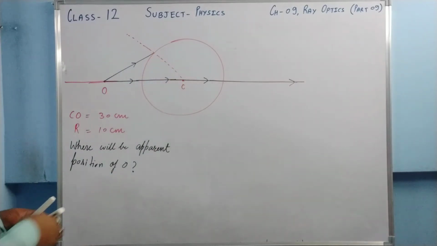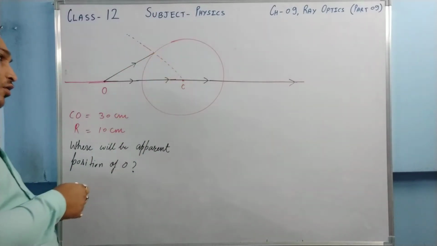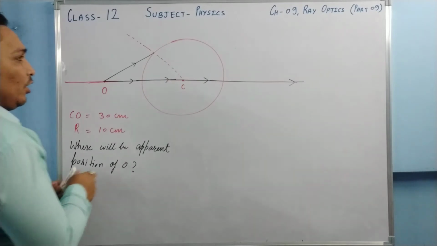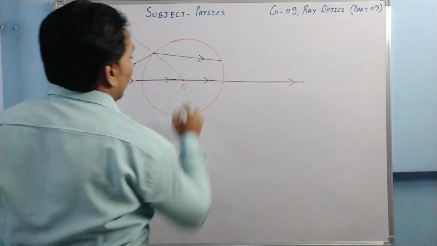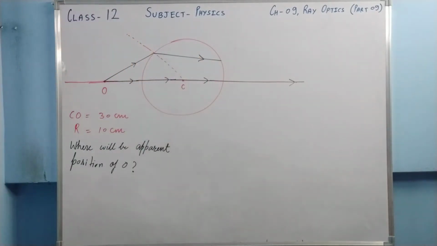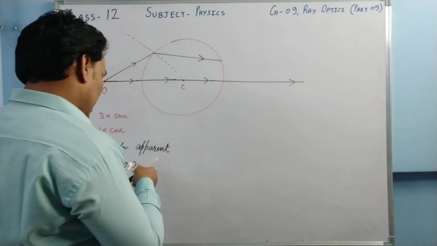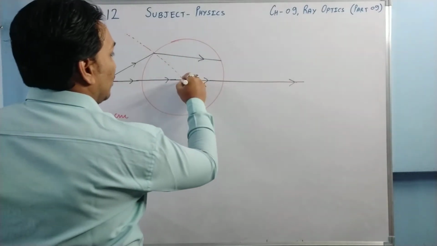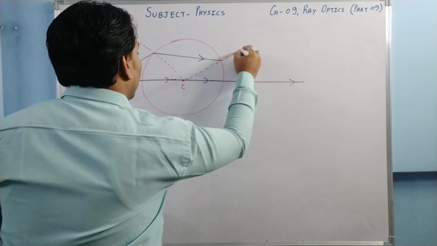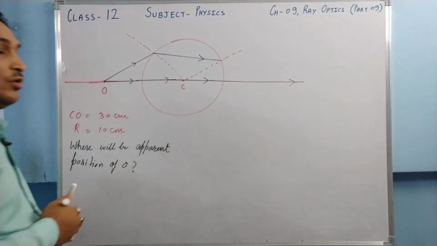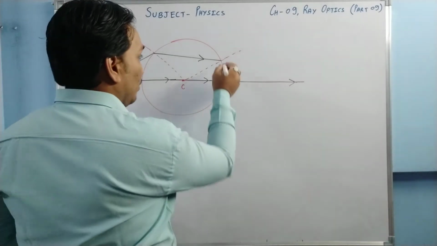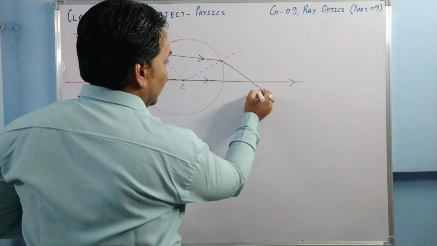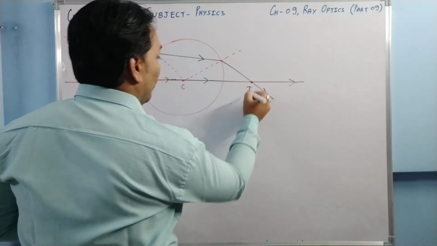So ray of light must bend downward towards the normal. So ray of light goes like this. And if again it strikes on this surface, now it is going from denser medium to rarer medium, so it will bend away from the normal. So ray of light must go this way, and somewhere here the final image will be formed, and this will